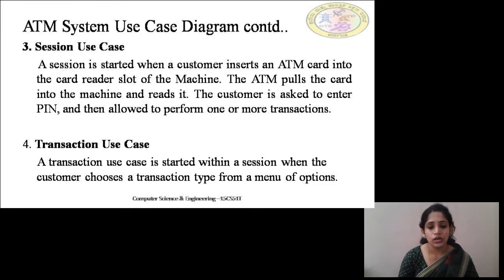So once you put the cash envelope inside the machine, it will ask to which account number you want to put the money. So it will ask you to enter the account number. Once you enter the account number, it checks whether it is in the same bank or a different bank or the same branch. After the successful inquiry of all this information, it will take a cash slip or a cash envelope from the machine and puts it inside.